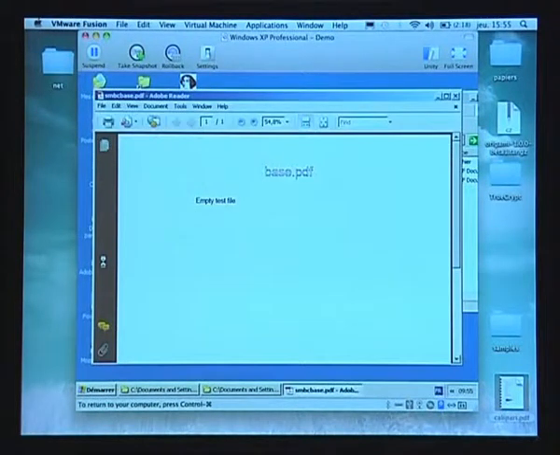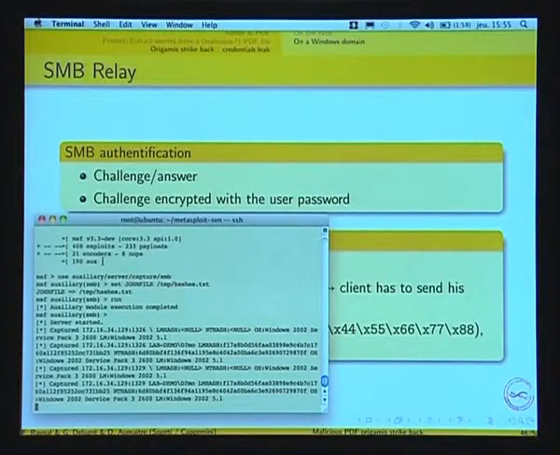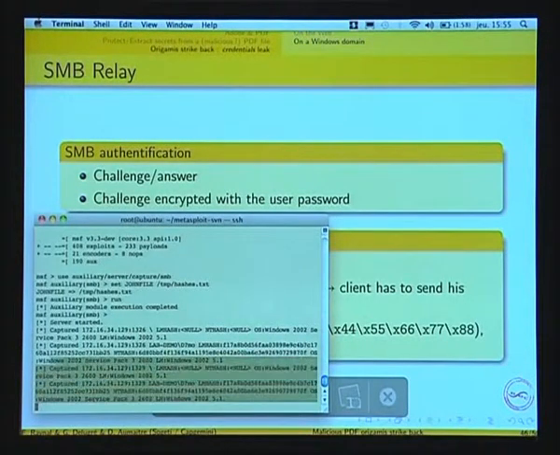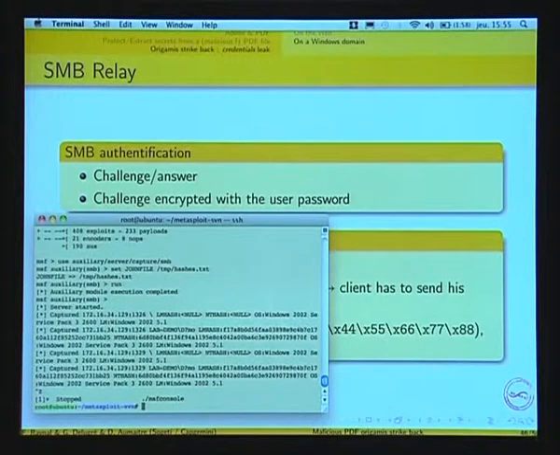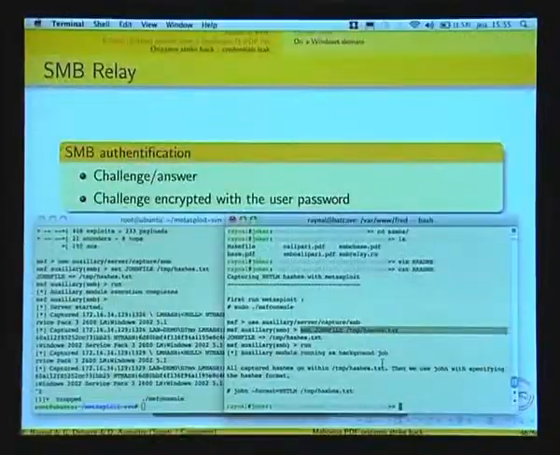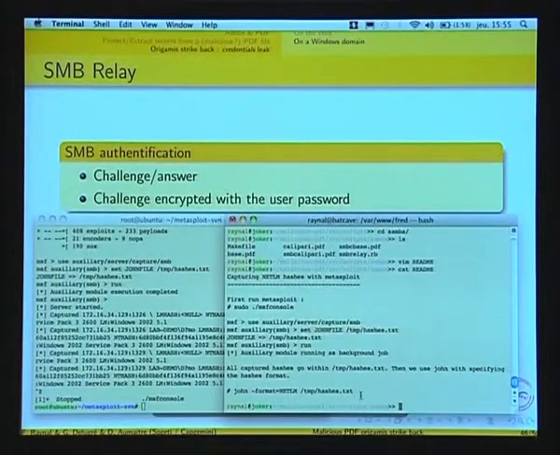Okay, I open a file. Fine, nothing happens. Yeah, that's true. But you can see here, in fact, some hash have been captured. So now you just have to run the famous John,